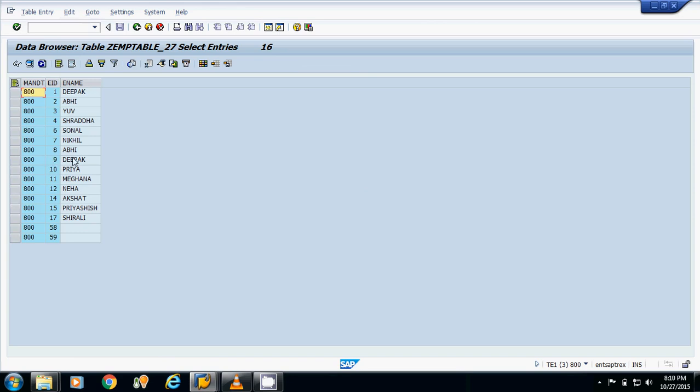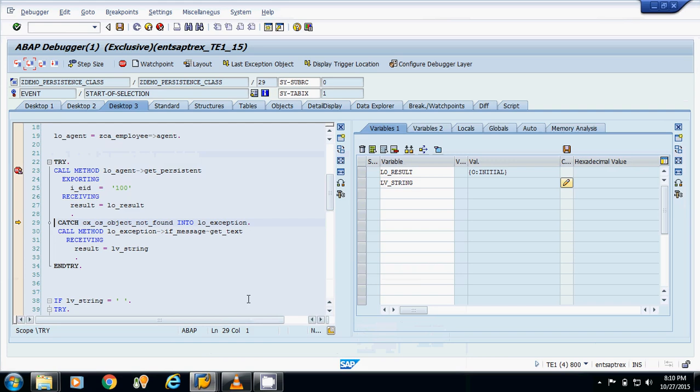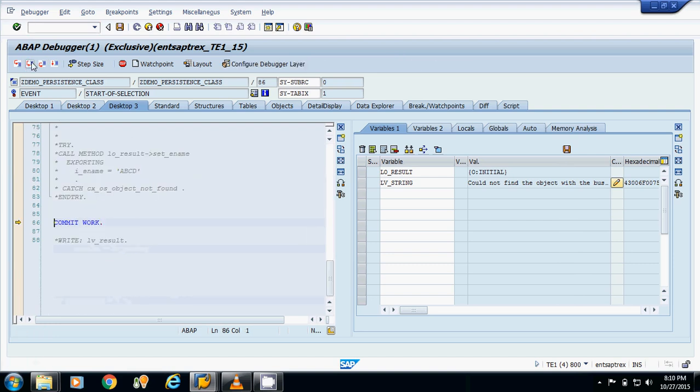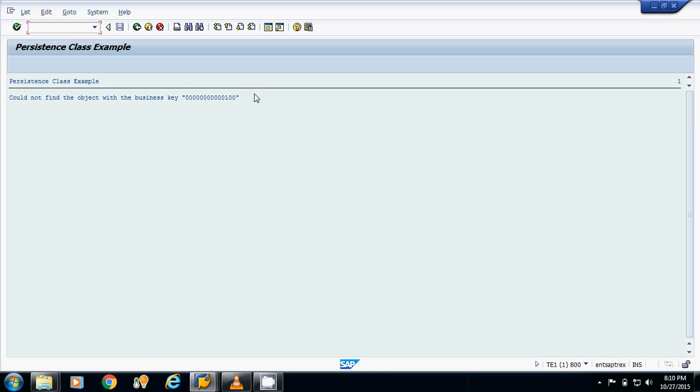So the catch block will execute, and in LV_string I am getting the message that it could not find the object with the business key 100. If I execute this, the if part will not execute, the else part will execute and display this error message.